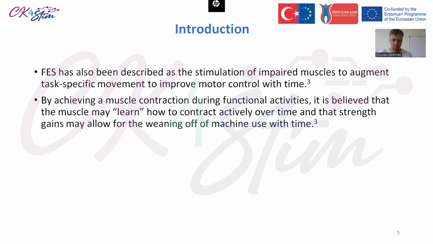So, in practice, we ask the patient to contract the muscle with the electrical stimulation, and during this process the muscle gets stronger, and then the patient can start contracting the muscle without the help of the stimulation device. But as I mentioned before, the necessity is that this electrically induced contraction should be used together with active muscle